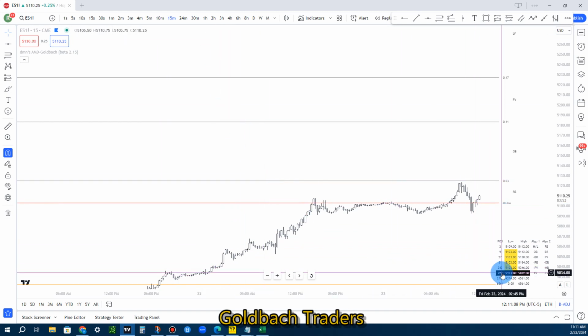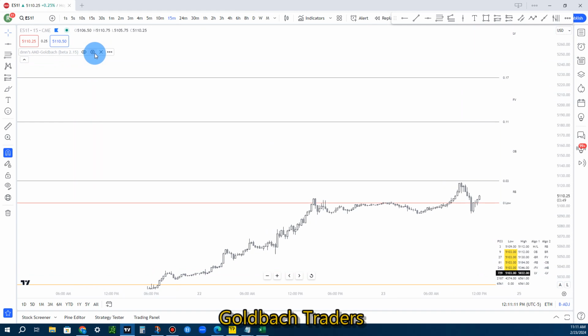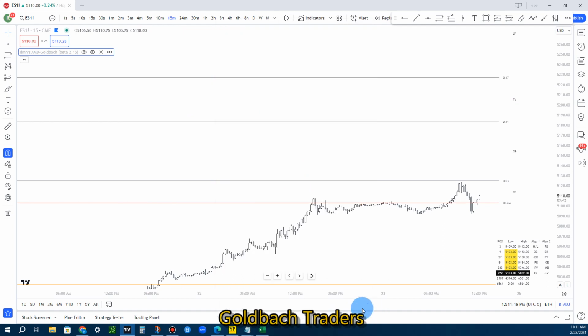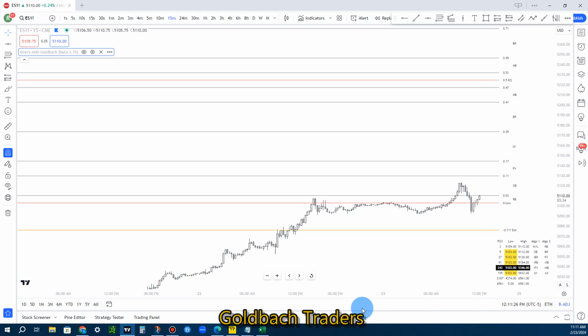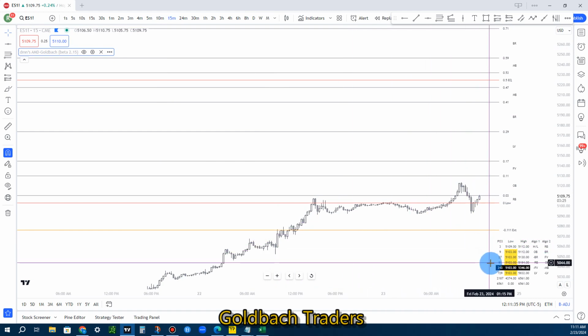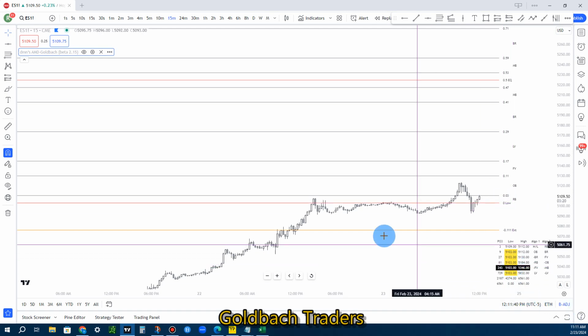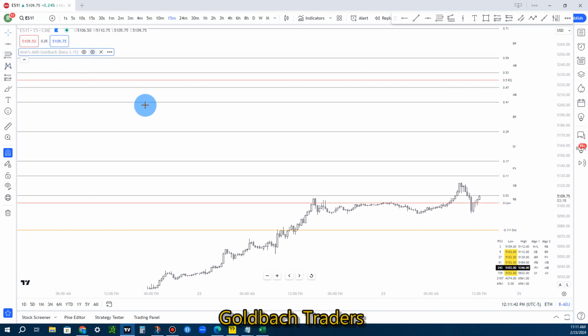Right now we're looking at the 729. I'm going to switch it to 243, which is the next smallest power of three. You could also consider this in your mind, though it's not the actual, as saying this is now a smaller time frame. It's not really a smaller time frame because I've got this on a 15-minute chart, and it's just a smaller dealing range. So we're still close to the low. If we go to 81, power of three,